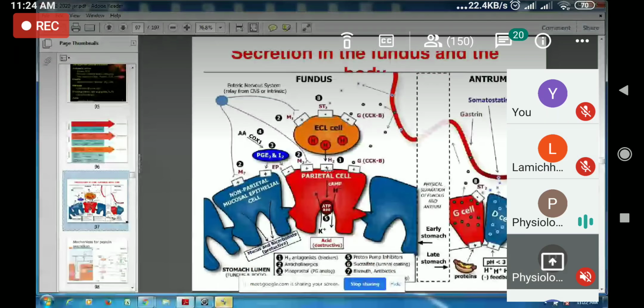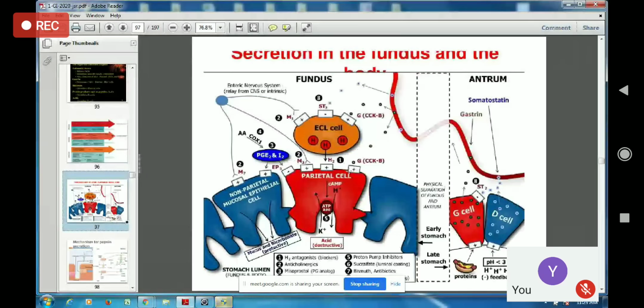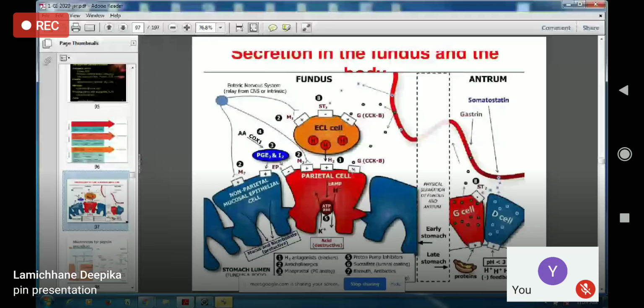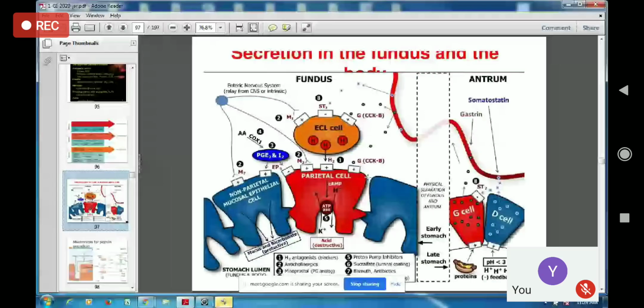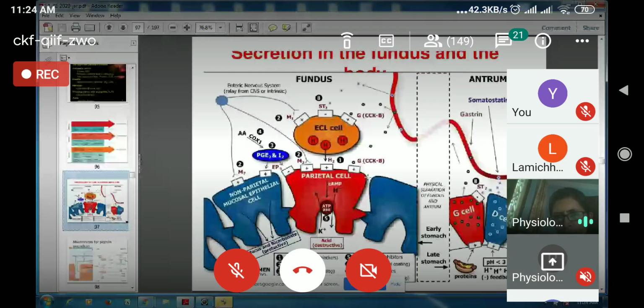These things are stimulatory, so there might be something which also causes inhibition or decrease in HCl secretion. There is a cell in the stomach called D cells. D cells produce somatostatin, which is present in the blood. Somatostatin causes inhibition of histamine release or acts directly on the parietal cell, and there is a decrease of HCl secretion.